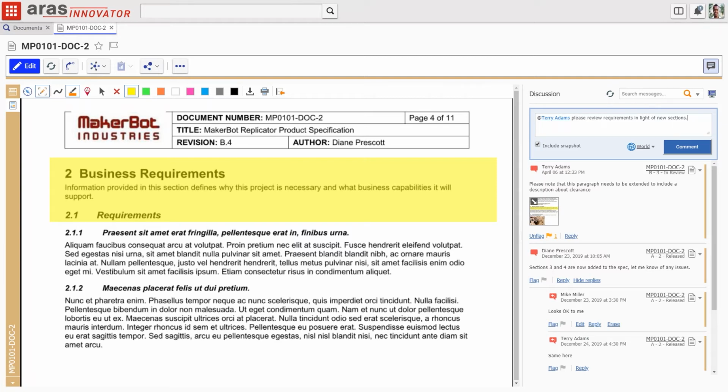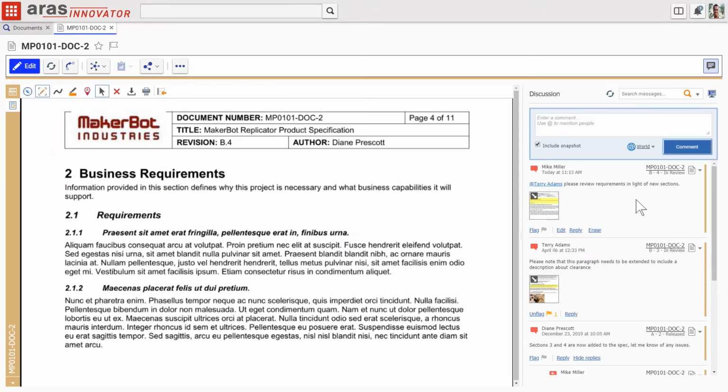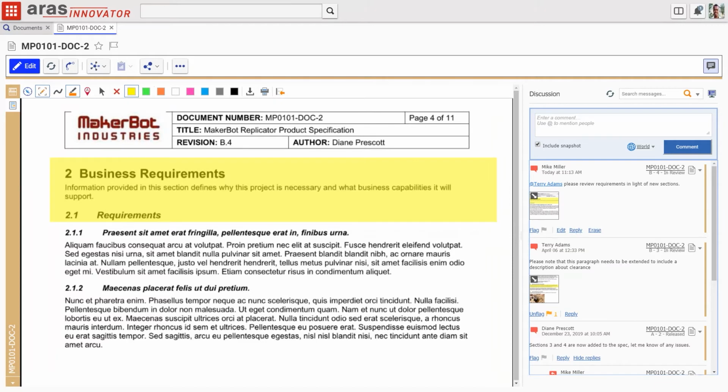And right here, by default, it includes the snapshot that we've built in the viewing window with the markup tools. So this is a very similar concept to what we'll do later on with CAD. We'll hit comment, and it'll be bumped to the top in the discussion window just here. All right, and we can even go back in and look at our own markup if we wish.